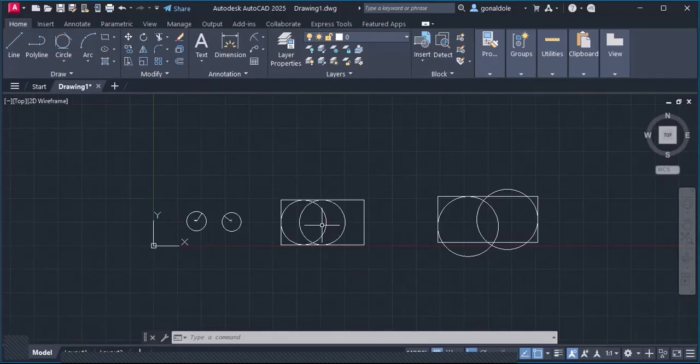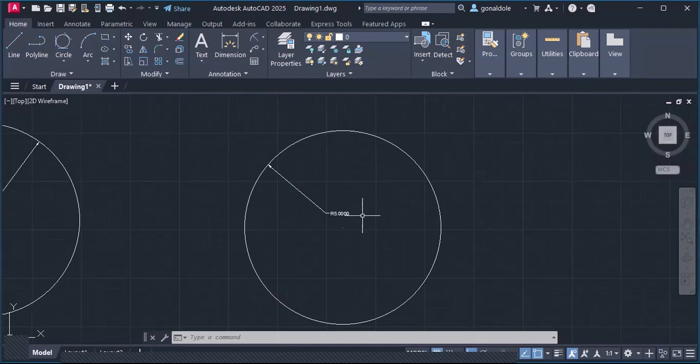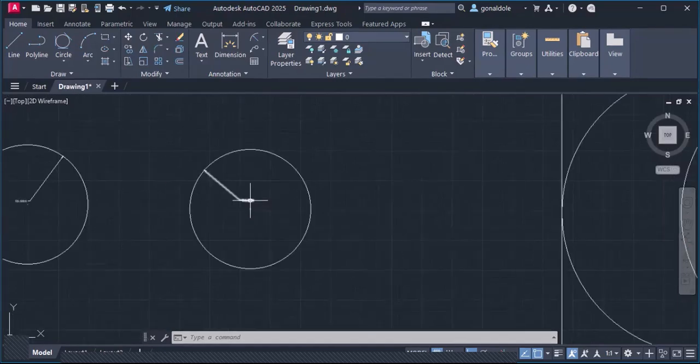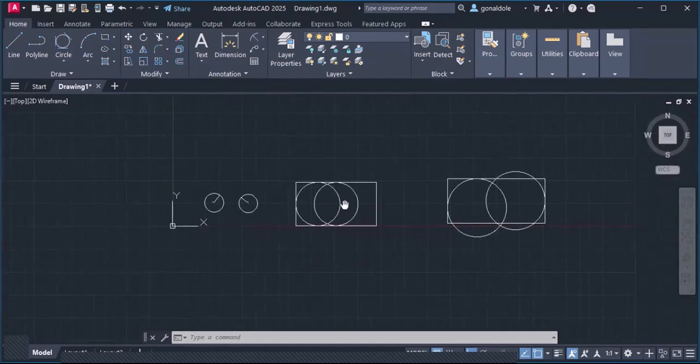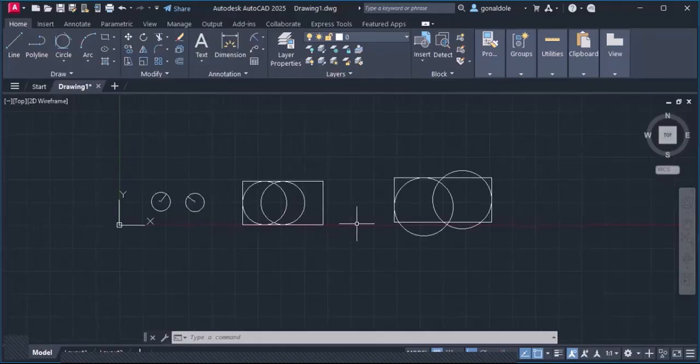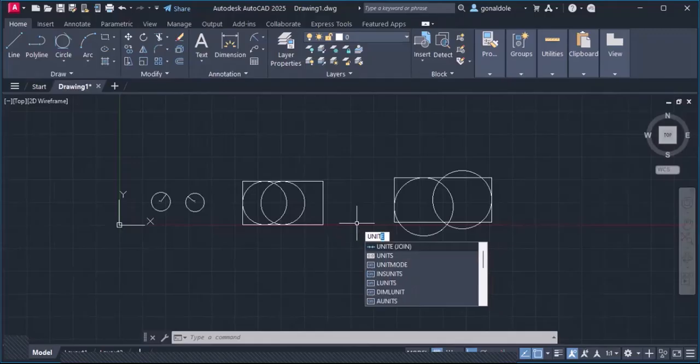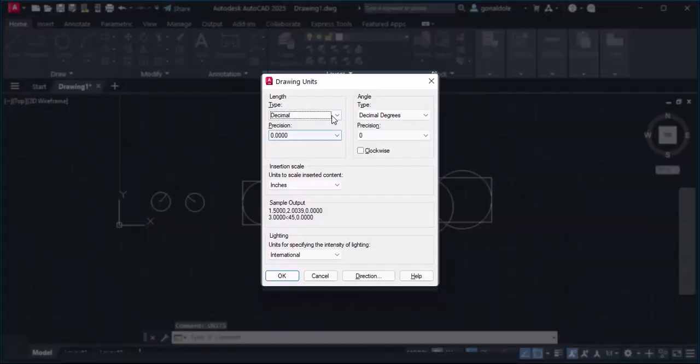So before we finish, we're going to look at how to set up dimensions in AutoCAD and how to get real dimensions and not just approximated decimals like this. So to do that, I'm going to type unit on my keyboard. So type in UNITS, and I would hit enter. So after typing that, I'm going to change the type from decimal to engineering